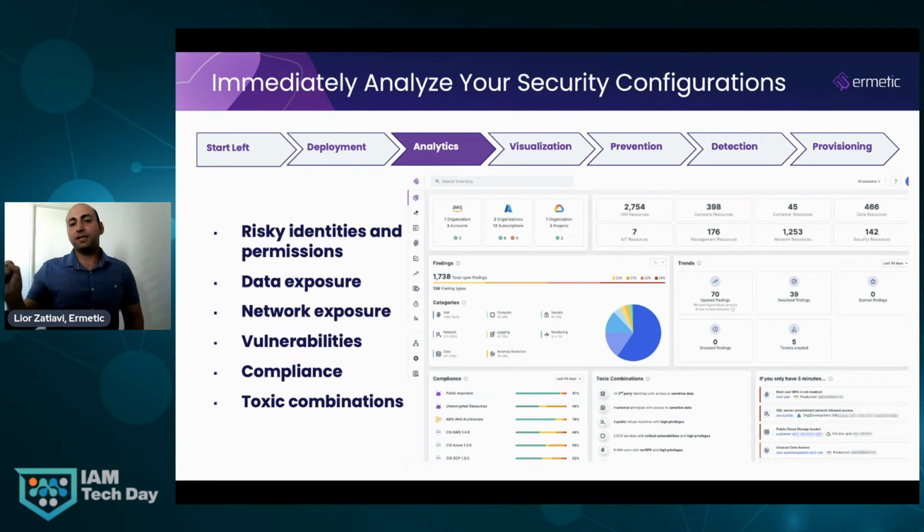This way, we can actually perform analytics that allow us to understand exactly where there could be the most severe issues. Because it's not just where you have security problems, right? This is where identity and access management becomes so important. Security problems are much, much more significant when they correlate with an identity and access management issue that can make the breach a lot worse if the permissions it's then exposed to are that much wider. So we give you this kind of analytics that allow you to see where you have the most sensitive security issues that also correlate with overprivileged and sensitive permissions within your environment, which of course is very, very hard to manage.